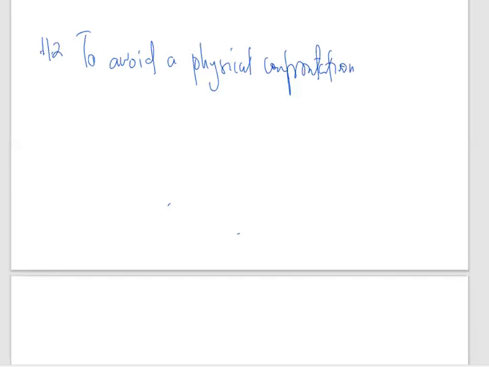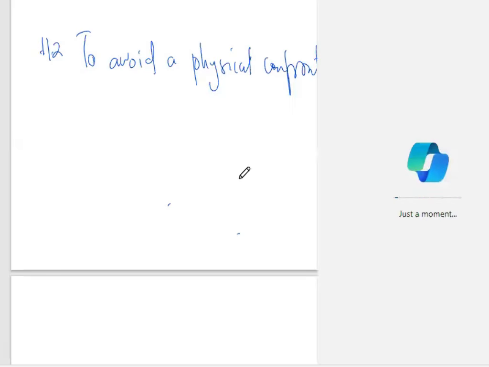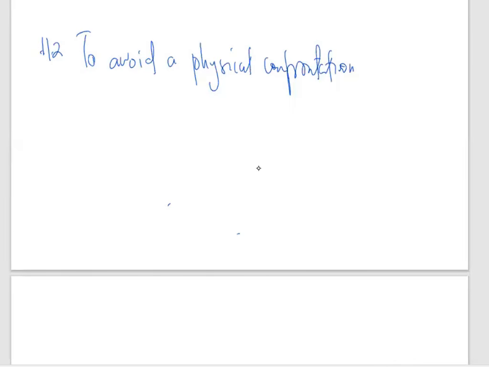wanted to avoid a physical confrontation. Or rather, we can say to avoid a hot war between the two extreme ends. We understand that there was tension between the USA and USSR. So in this instance, they wanted just to have an ideological war. They wanted to avoid physical confrontation, or rather avoid a physical war.